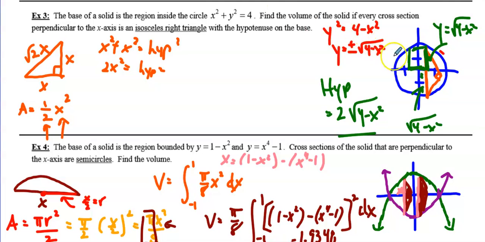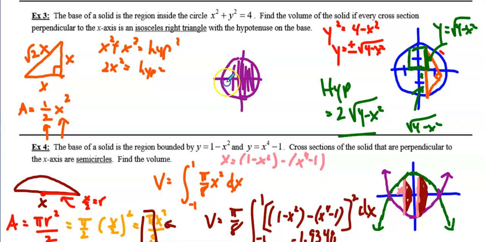And the reason why you do that is you can think about it 2 different ways. Well, this is symmetric to the origin, to the y-axis, to the x-axis. It's a circle. So if this distance is the square root of 4 minus x squared, this distance is also the square root of 4 minus x squared. The other way you can do this, and I'm going to get rid of this one quick second, but I just want to say, if again you are trying to find